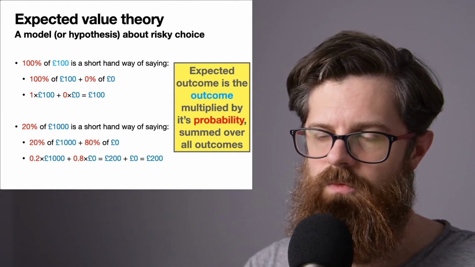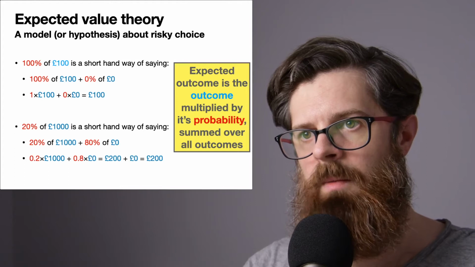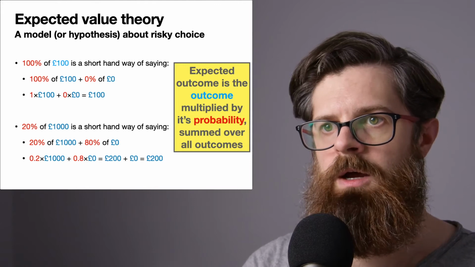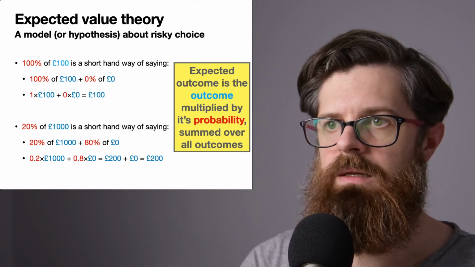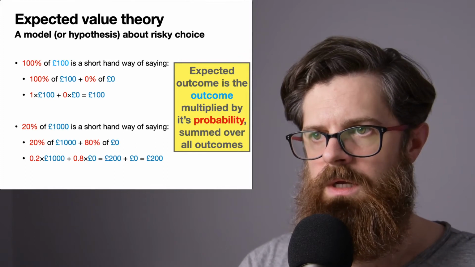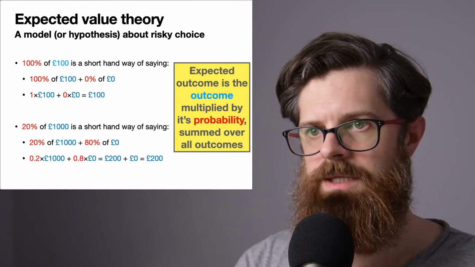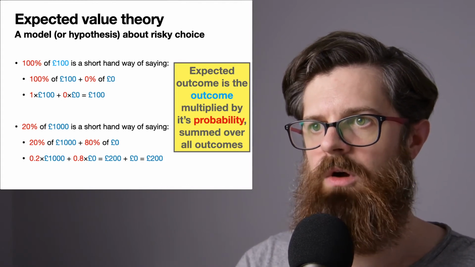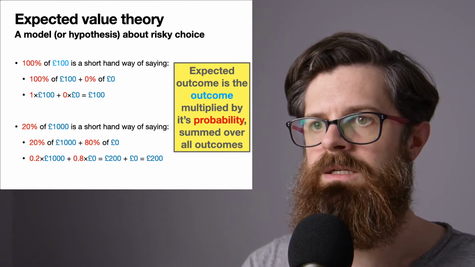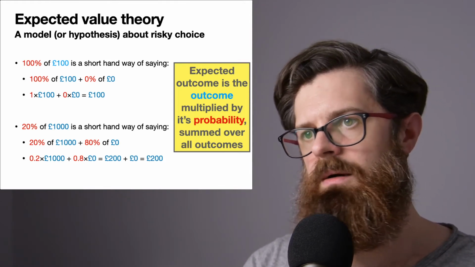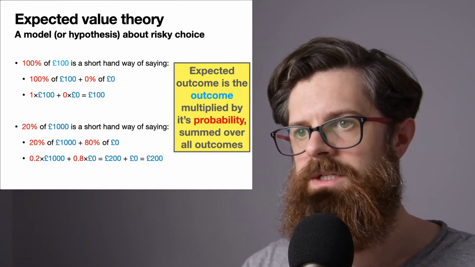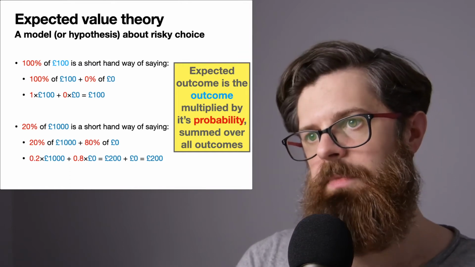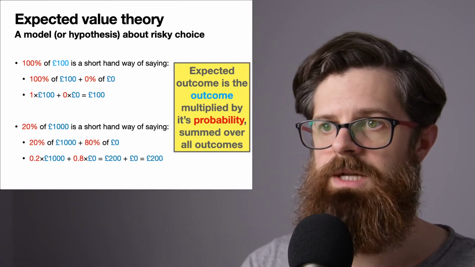So we can just reiterate that the expected outcome is the kind of monetary reward, if you like, the monetary outcome multiplied by the probability that it will eventuate, that it will take place. But of course, you actually have multiple different types of outcomes. So in this example, you can imagine someone doing a random number generator or a coin flip or something like this in order to actually work out, okay, well, if you're going to play this game of 20% chance of 1,000,